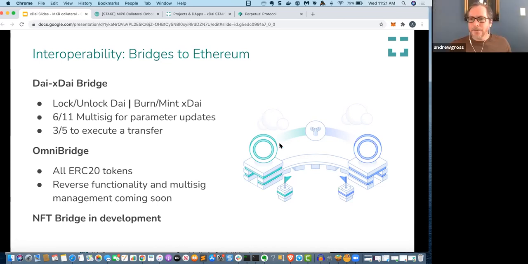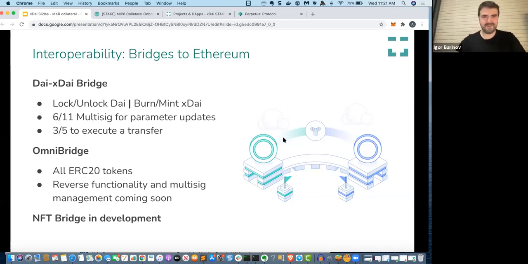Great. So as we were speaking about, interoperability is a big item with side chains coming on. The primary bridge that we have is the DAI to xDAI bridge. And we have worked to decentralize that. That has been one of the critiques of xDAI, that it's lacking in decentralization. So that's one of our focuses, especially over this past year. We've added a 6 of 11 multi-sig for governance that determines. It's 7 of 13 already. Oh, wow.